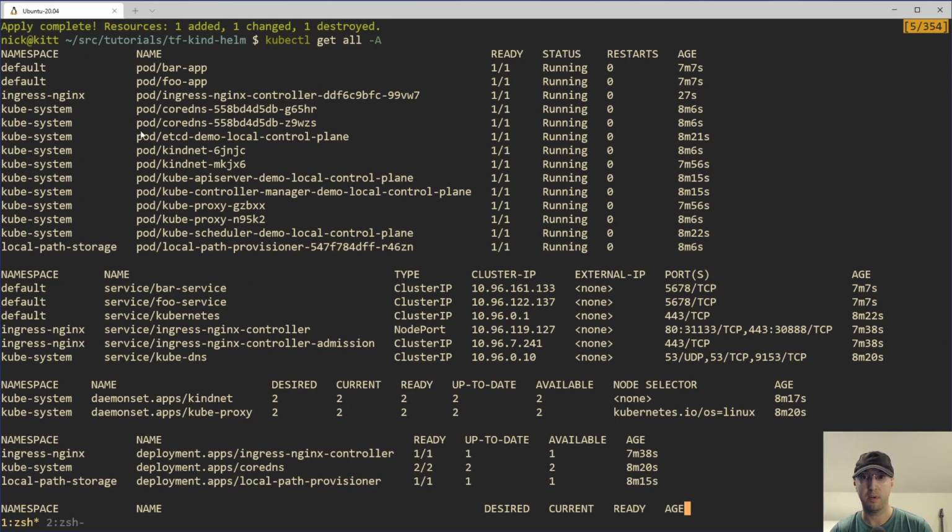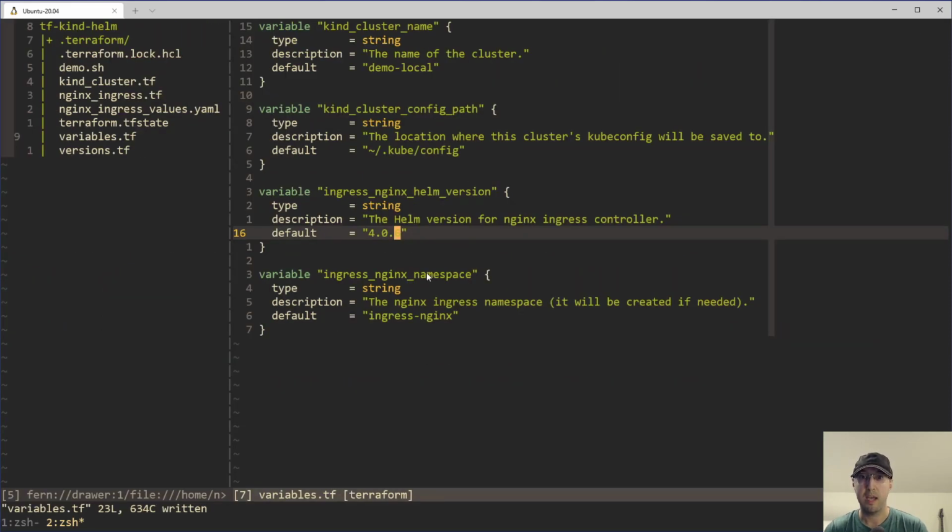This is version 4.06. So cool. That made it super easy, right? Just to update to a new version of NGINX there. Nice. So yeah, the last thing here is if you wanted to customize what namespace the NGINX Ingress controller is going to be in,